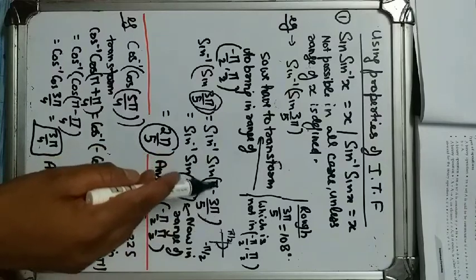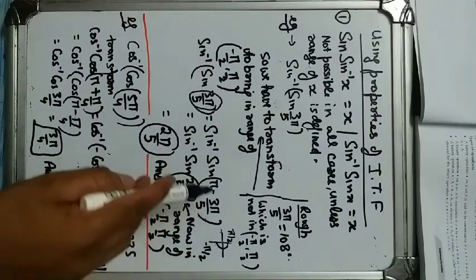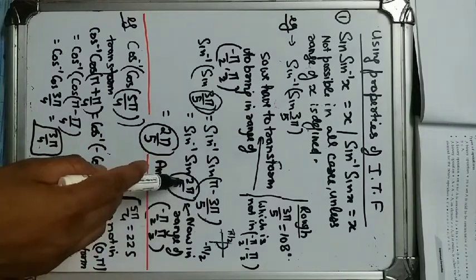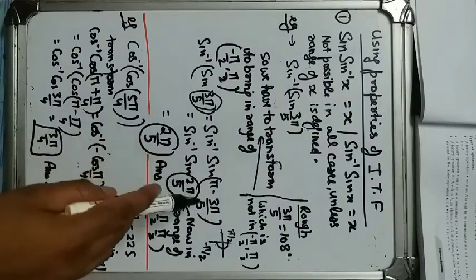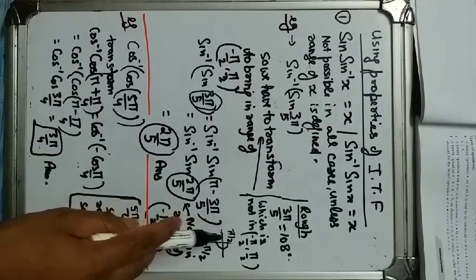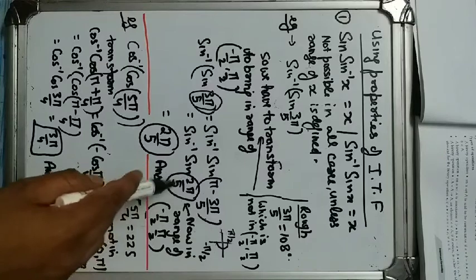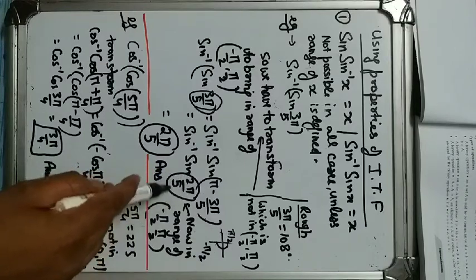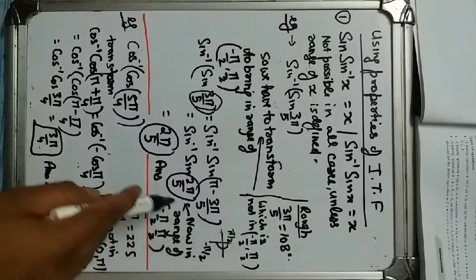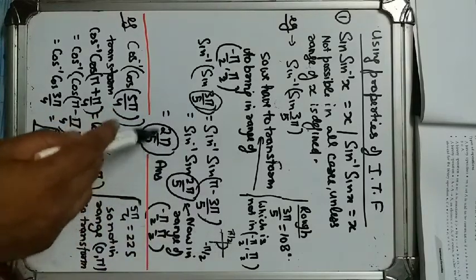You know that sine of 180 minus theta is itself sine theta. So sine of pi minus theta is again plus sine theta, because in the second quadrant sine is positive. This we have discussed in class 11th. So this becomes sine of 2 pi by 5. Now this is in this range, minus pi by 2 to plus pi by 2. So sine inverse gets cancelled out. So this is the answer.